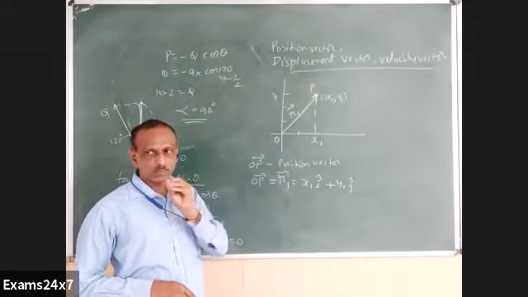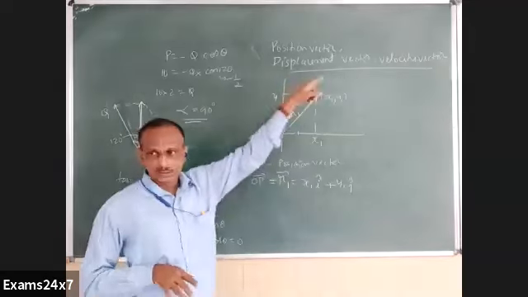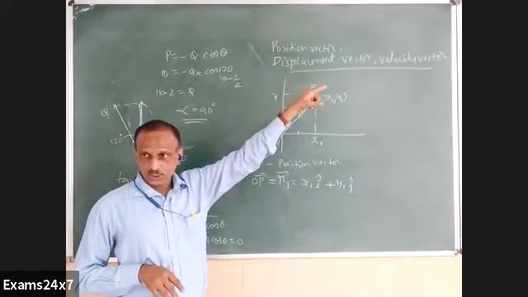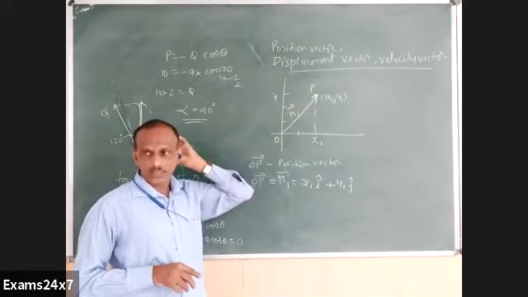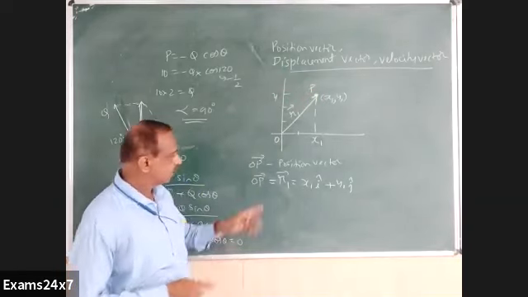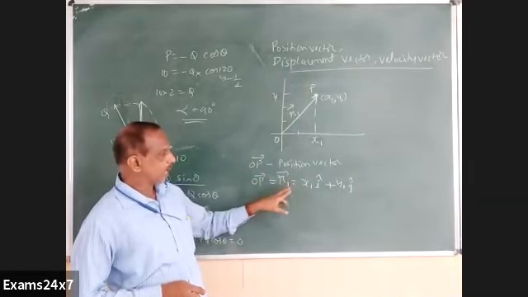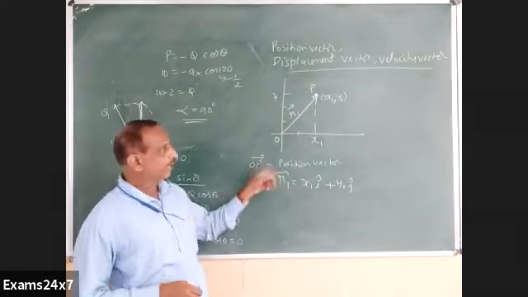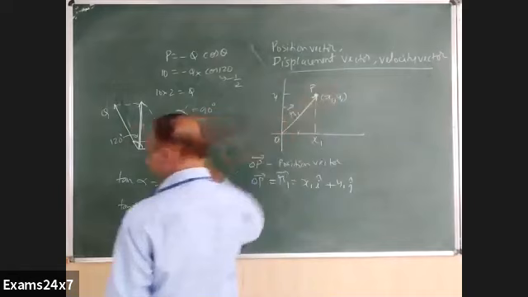So position vector: one line there, I would write it as the distance of the position of a particle from the origin, with the arrowhead pointing from the origin to the point. That can be called the position vector. Symbolically, OP you can write, or R1, x1 i, R1 or R in general. I have taken R1 for a particular reason. I am going to discuss now the displacement vector.